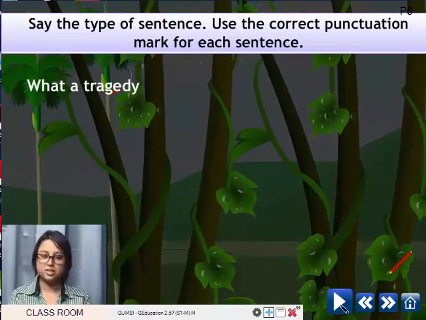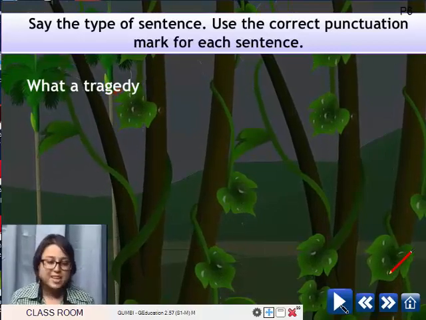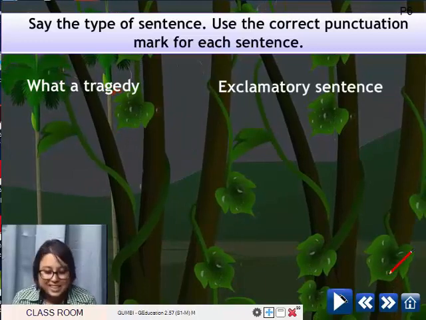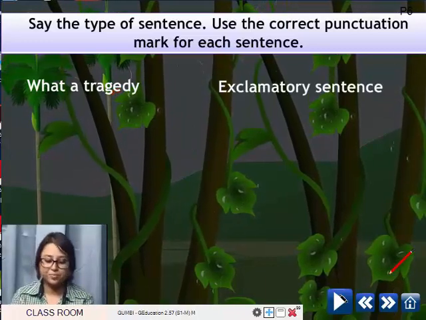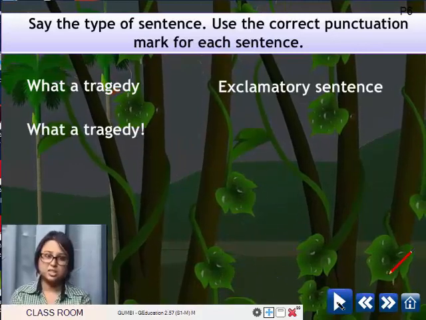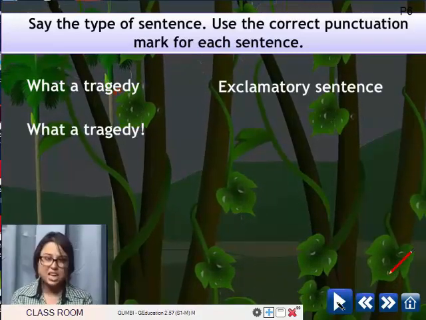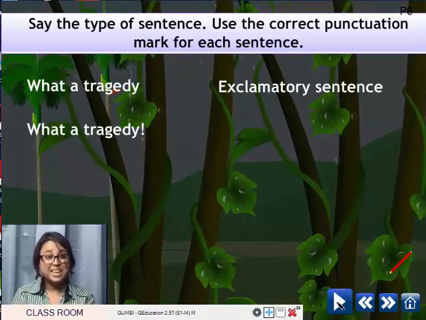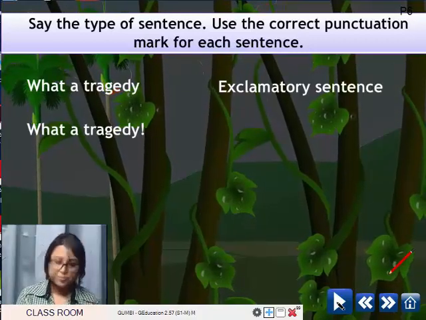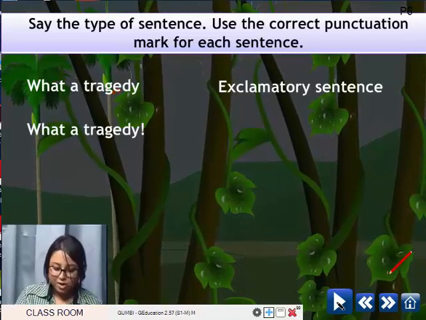What a tragedy. What type of sentence is this? Exclamatory sentence. What a tragedy. Tragedy is something very sad. So I'm saying it with a lot of emotion. What a tragedy. Moving on